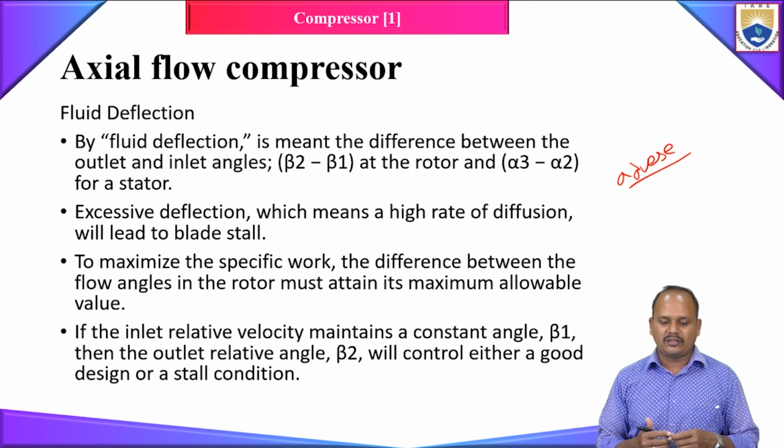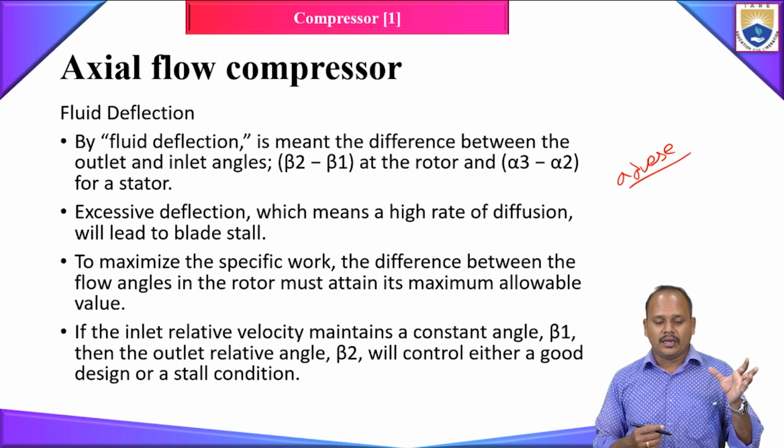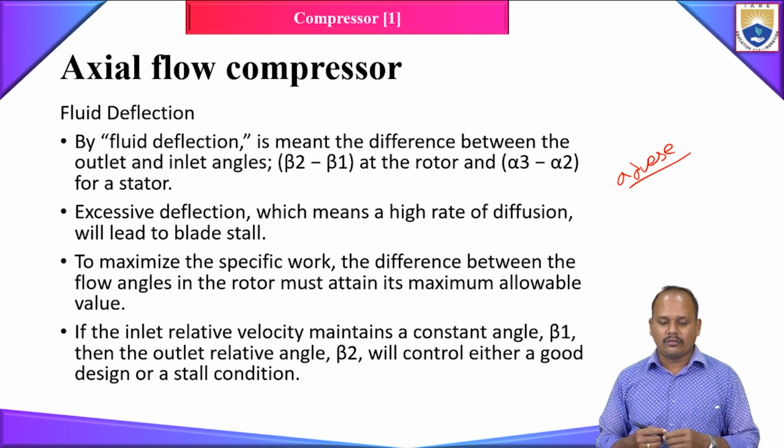So if I want to prevent stall, I should limit my beta 2 minus beta 1 or alpha 3 minus alpha 2 such that you will not have the flow separation problem. Okay, so these are the three primary parameters which basically limit the pressure rise across a single stage axial flow compressor. Okay, so with this I'll end